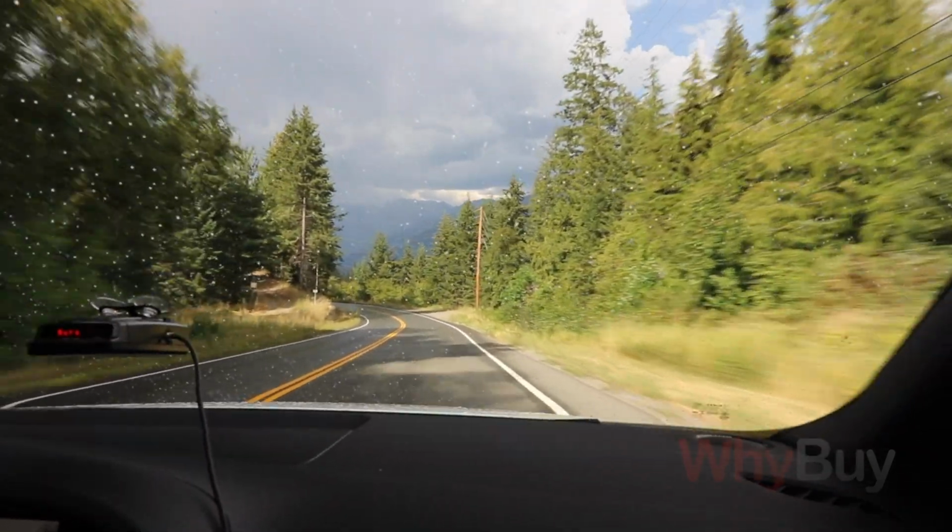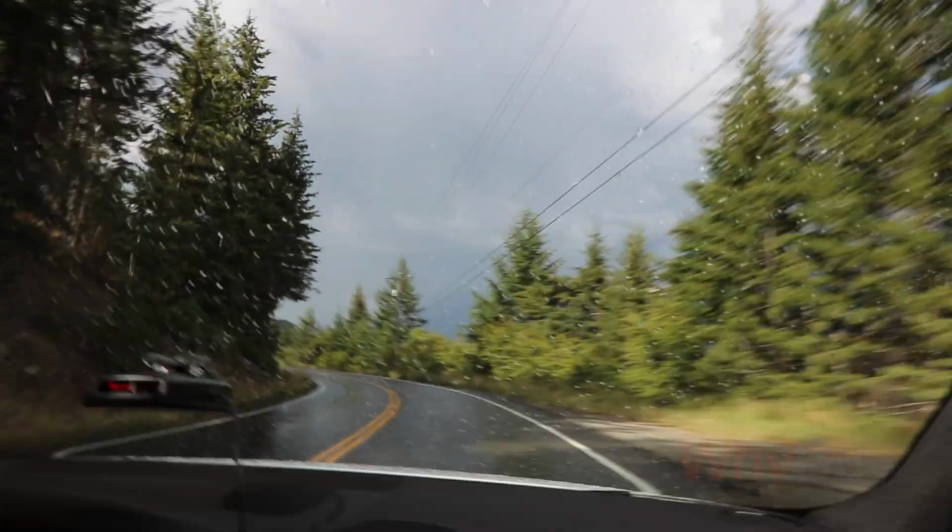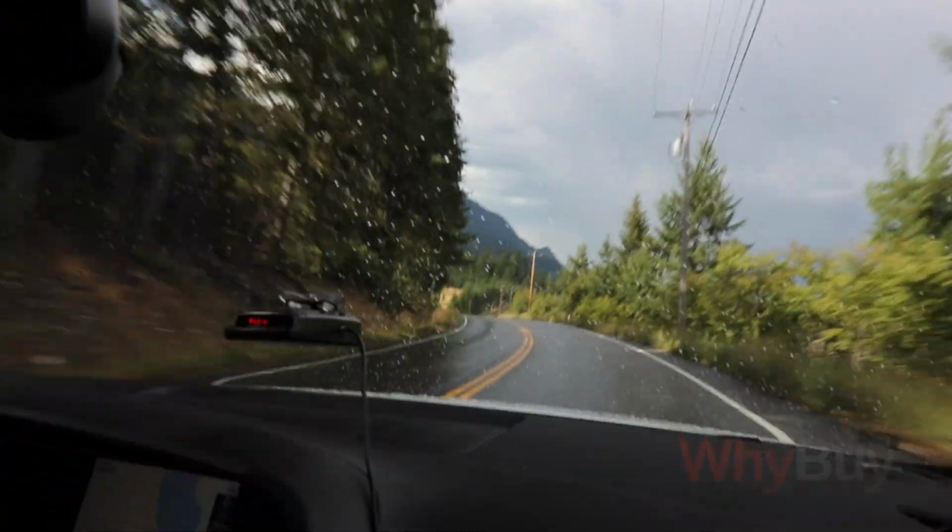The other thing, and I wasn't sure if I was going to be able to get this on camera, is how these tires handle in the wet. This is a good example. You could be driving on a nice sunny day, and then all of a sudden,